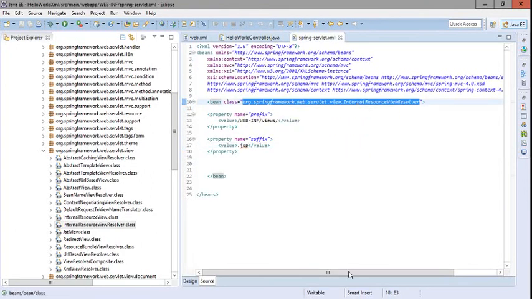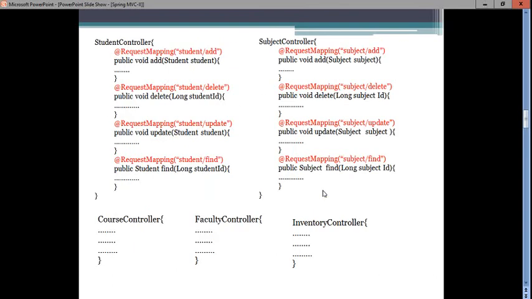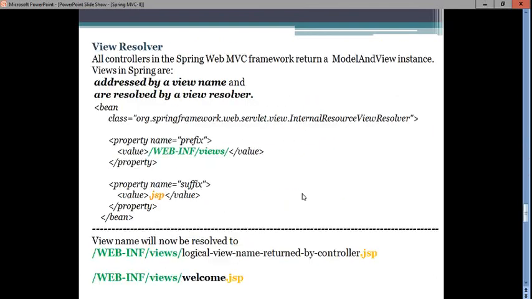This view resolver will take the logical name, and by using prefix and suffix it will add the prefix before the logical name of the view and the suffix after the logical name of the view, so that we can get the complete or absolute path for this particular view.